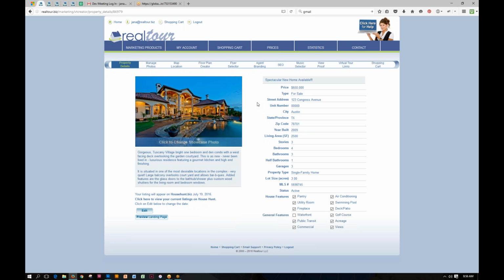In the back end of all of our products, virtual tours, e-flyers, print material, everything, we always have a navigation bar that stretches across the top of the page. This is so our users can jump around in the process. They don't necessarily have to start at the beginning and go through every single step on their way to the